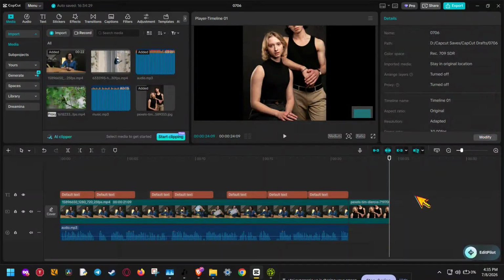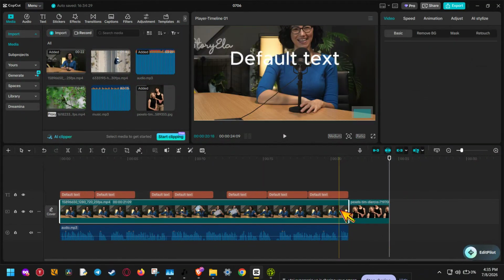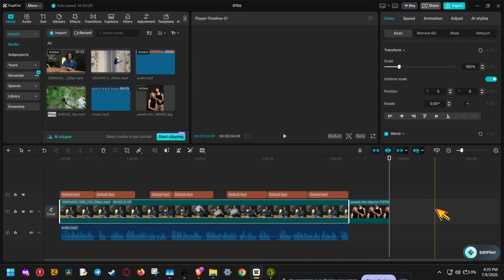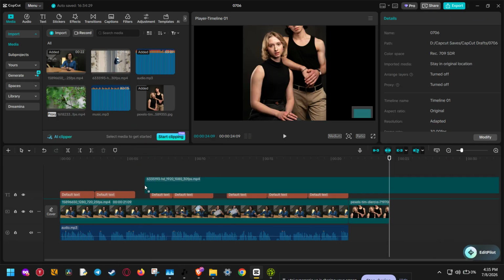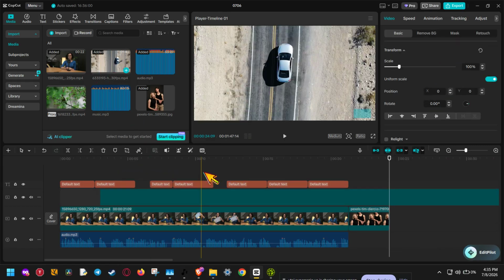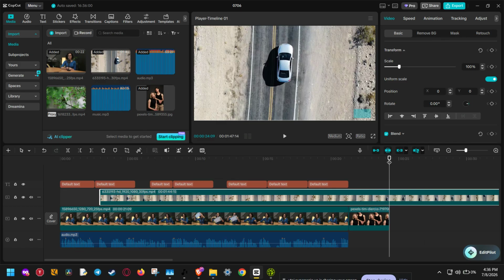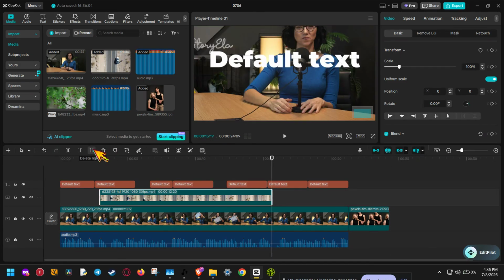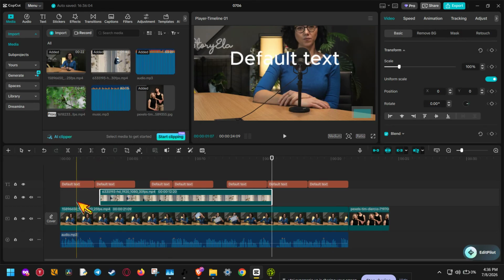If you want to combine videos in CapCut quickly and keep your project organized, this is the easiest method to use. In this tutorial, I'm going to show you how to merge multiple clips into one compound clip so you can move them together as a single unit on the timeline. This is especially useful when you're editing longer videos, creating sections, or just want a cleaner timeline without permanently flattening